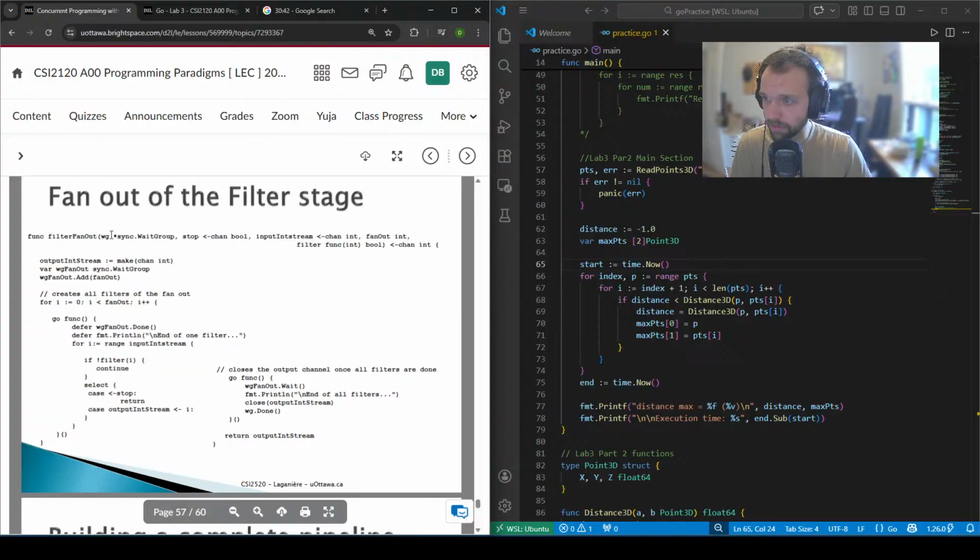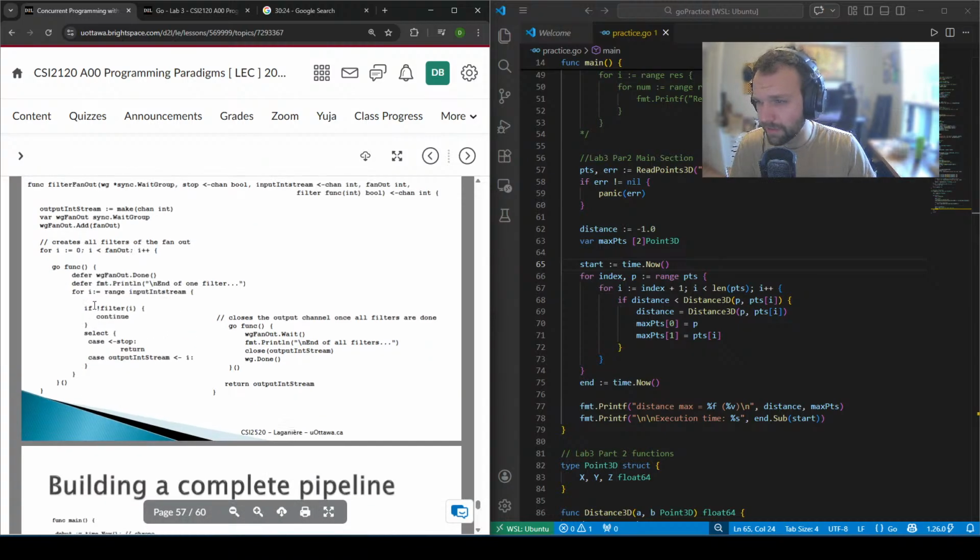Where is fan out? Oh, okay, this is a function for fan out. You then create a thread. You defer the done call to the wait group. You defer the print line as a little marker there. And then for each thing that you get from the input stream,